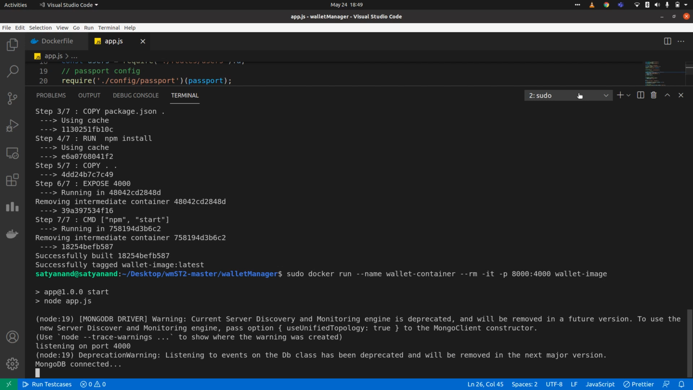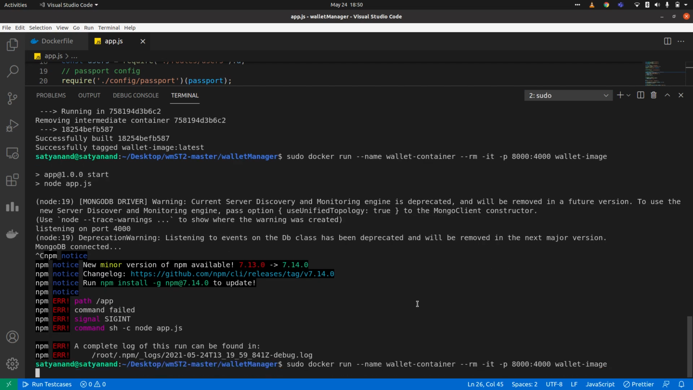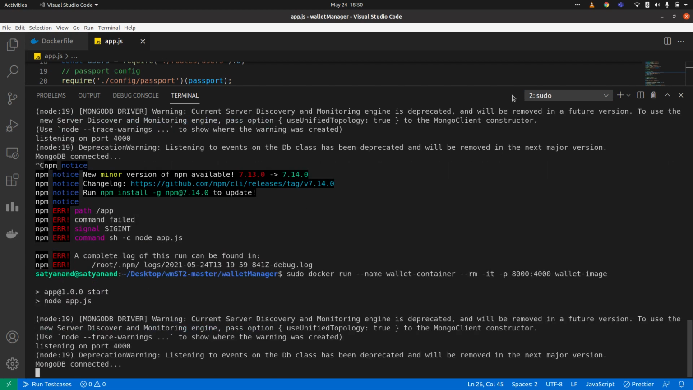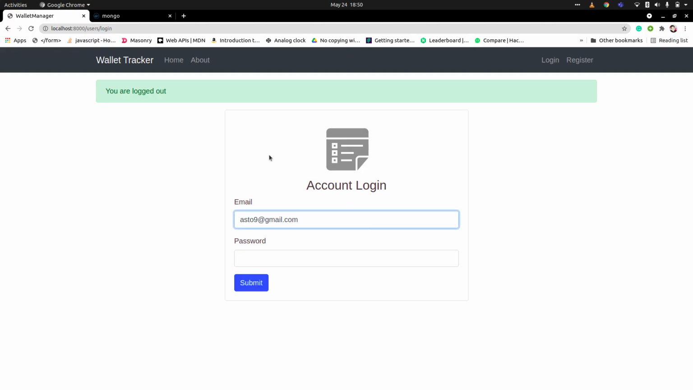Now what I'm going to do is end the backend and run it again, and as we know, when we end the backend, it will delete the container, and when we run it again, it will make another container out of the